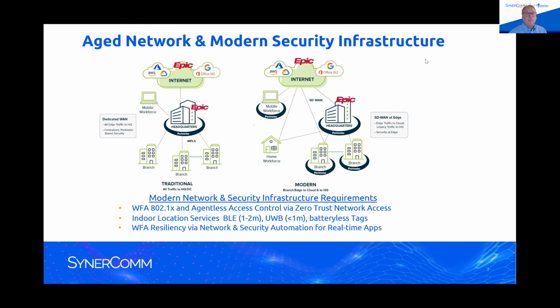And when you have that work from anywhere, whether it's the person or your IoT medical device, you need a resilient network and you need automation. And you also need to be able to handle all these real-time applications like telemedicine. You've got to have a network that is resilient so that you can make sure that application is performing and you don't have a single point of failure, whether it be a link to the internet going down, whether that be something wrong with your device. How do you make sure you understand what those causes are and proactively fix things, like possibly a bad cable